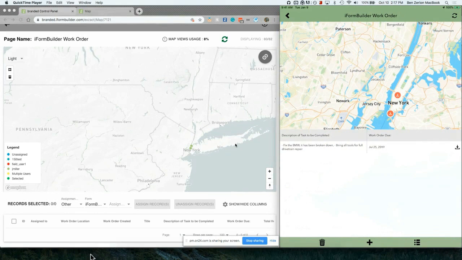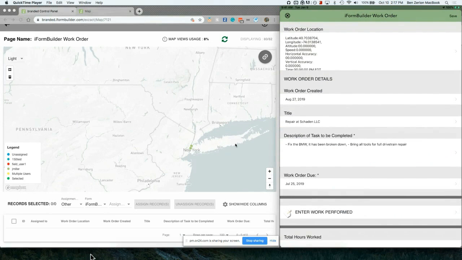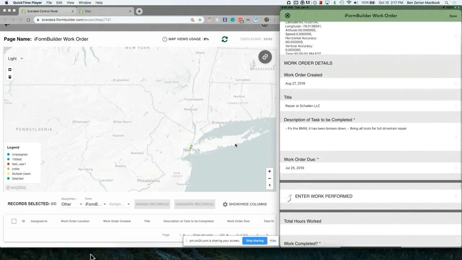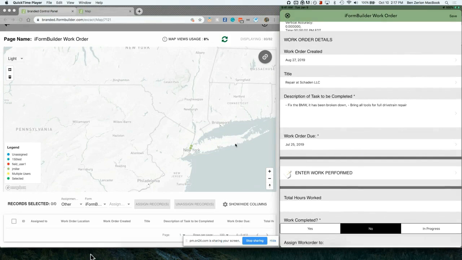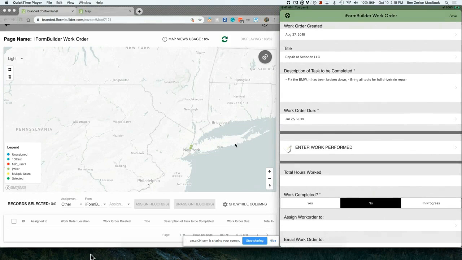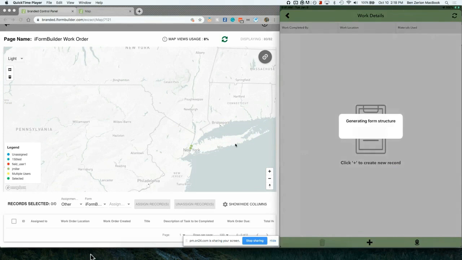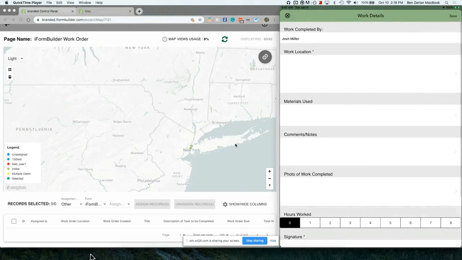So I'm just going to select one of those. And once I select one, it's going to open up our form. So right here's the core of our iPhone Builder application on the mobile app. And you can see details such as when the work order was created, the title of it, the description of what we need to do, and when the work order is due. And then you're going to see a little section down here called Enter Work Performed. I'm going to open this up,